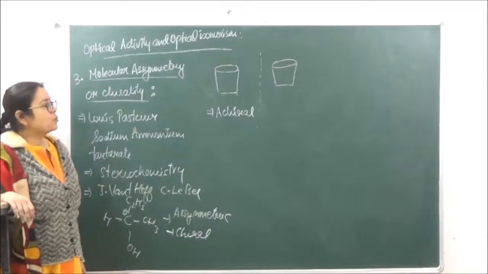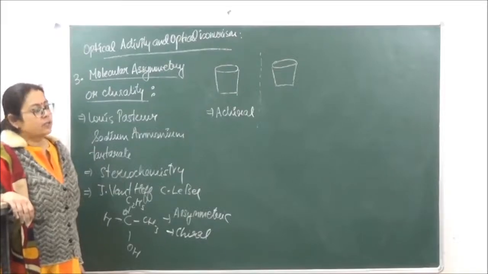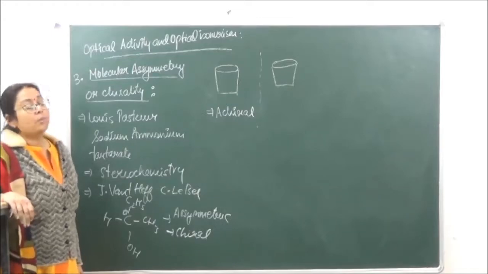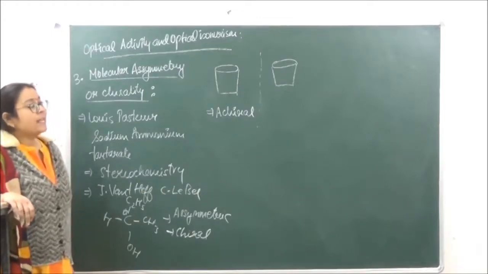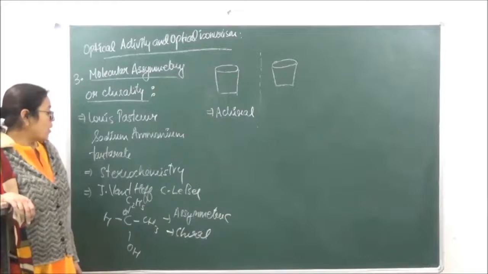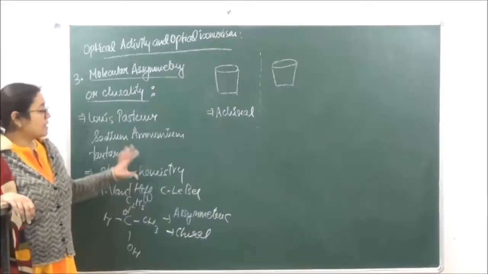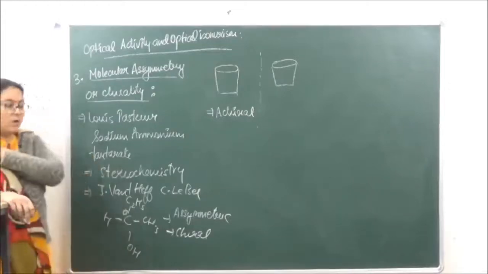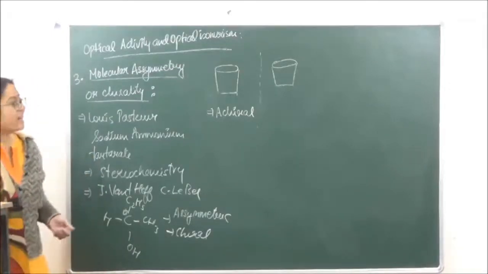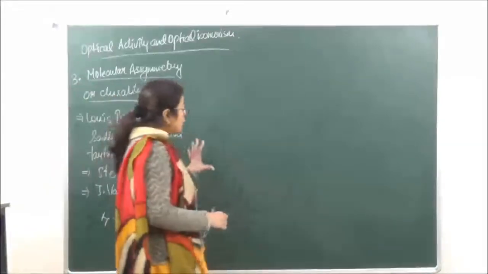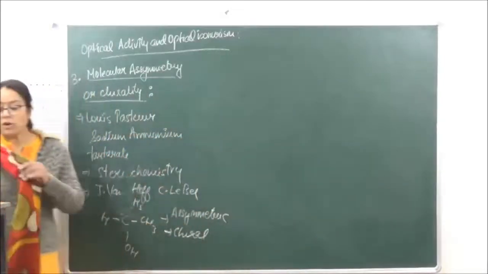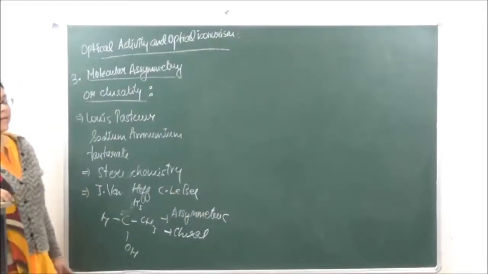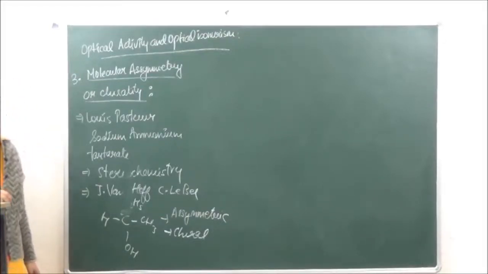Okay? These are said to be achiral in nature. Is it clear? So achiral substances, they are going to be optically inactive. So which ones are optically active? Optically active substances are the substances which have at least one chiral center. Okay, so let's take the example of an organic compound over here now. Let's go on to certain organic substances to show which are going to show optical activity and which are not going to show optical activity.